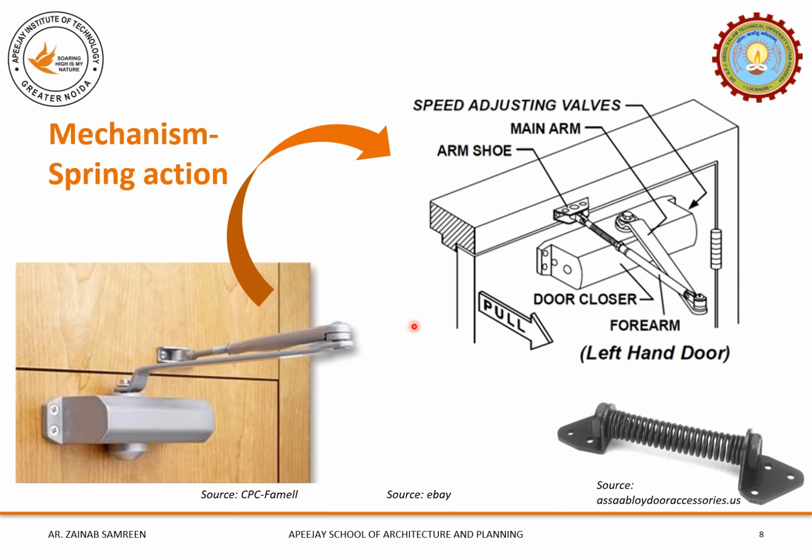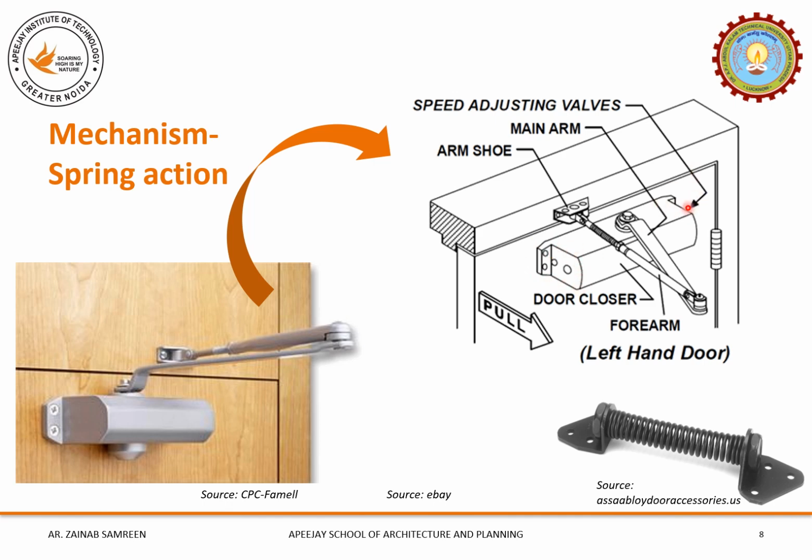To understand the mechanism of the spring action door closure, first we need to understand the different parts of these kinds of door closures. You can see here there is a box. This box is basically the main part of these kinds of door closures. In this box, there is a spring like this which is fitted, and there are some tiny holes. We'll discuss later how it works.